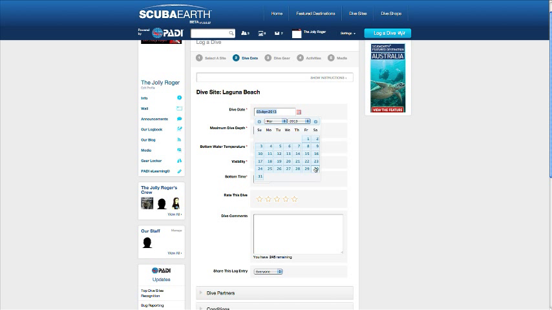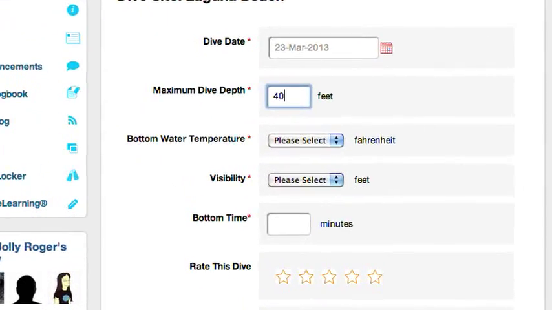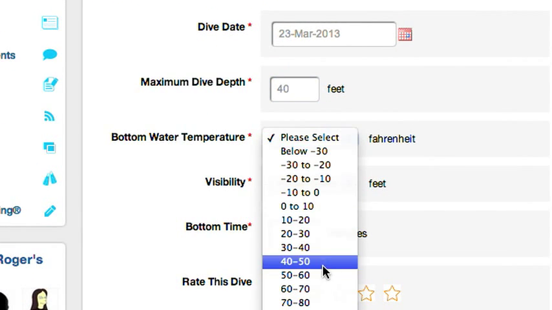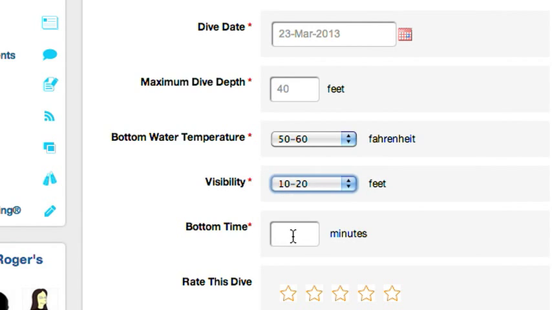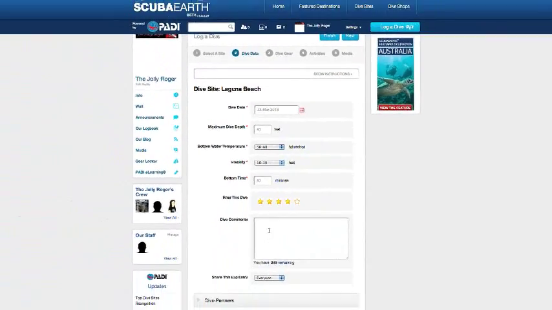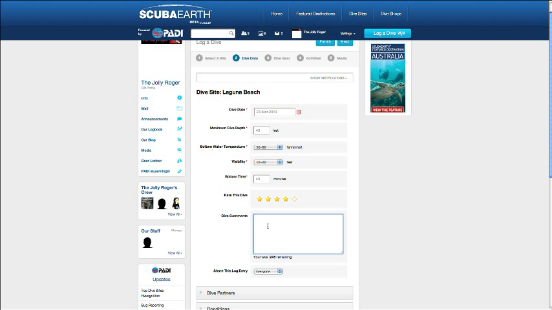After choosing a dive site, there are several fields to add dive profile information, but only a few are actually required. A red asterisk next to the field name indicates if it's required, but keep in mind, the more information you provide, the better our community will be. For example, under dive comments, you could type in helpful info for other divers to see when viewing this dive site. For example, the Shake Shack on PCH is a great place for post-dive refueling, or bring quarters for the